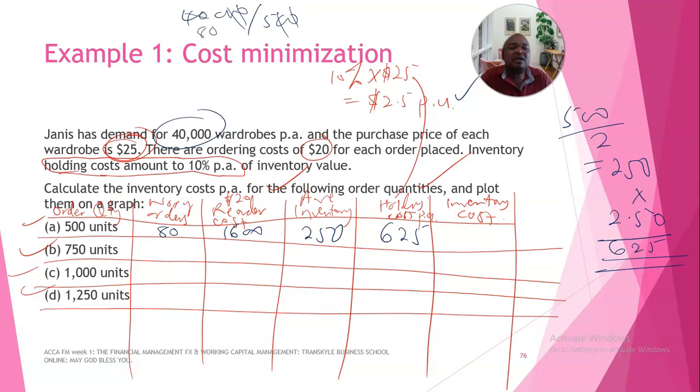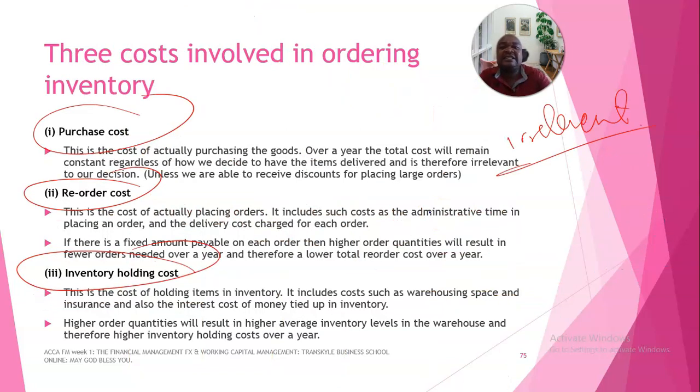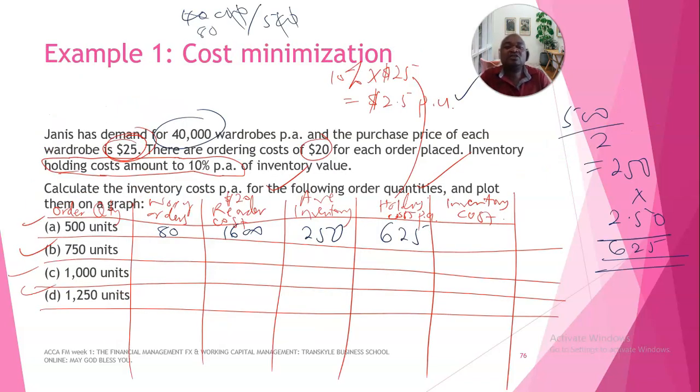Now, the inventory cost will become, remember, I said that the relevant cost is the reorder cost plus the inventory holding cost. Those are the two costs. So here we want to add 1,600, which is the reorder cost, plus 625, which is the holding cost. And this gives